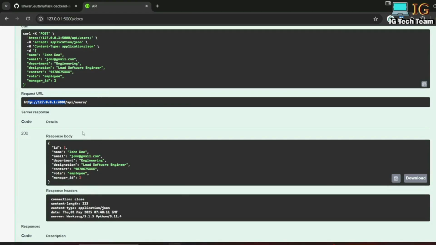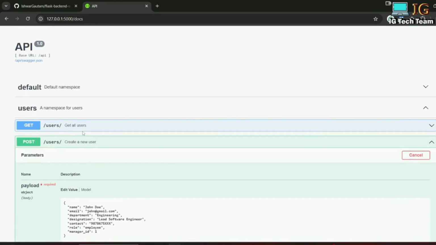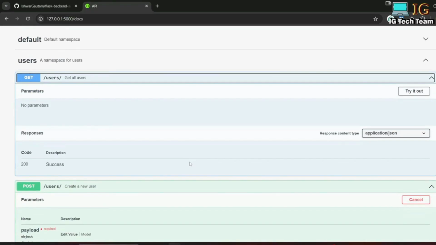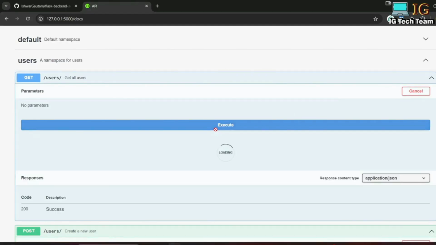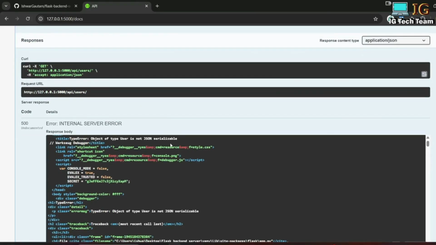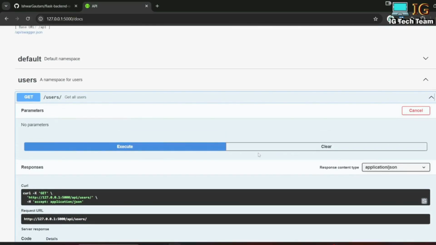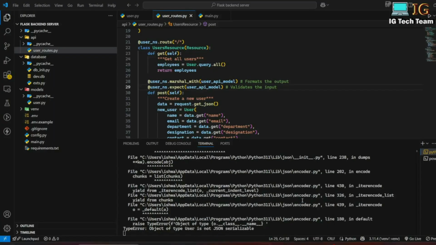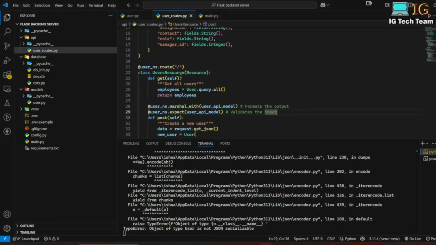The user is created successfully. Now if I go to my get API, and if I click on try it out, and then this execute button, I'm still viewing this internal server error in this get request, because in the get request also I have to write this marshal with. So here